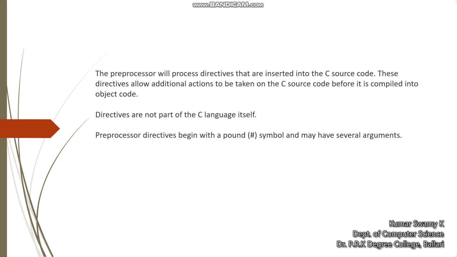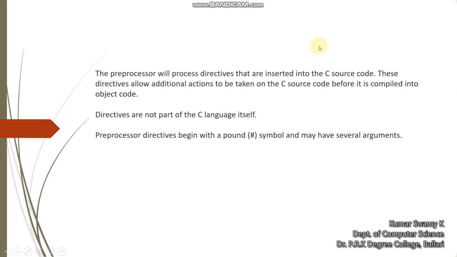We have seen some examples while executing a program to find the square root of a given number or to find the power of a given number. In such situations, we use built-in functions such as the power function as well as the square root function. So when we call a particular library function, that code will be replaced with the preprocessor directive code. I hope you are understanding it.